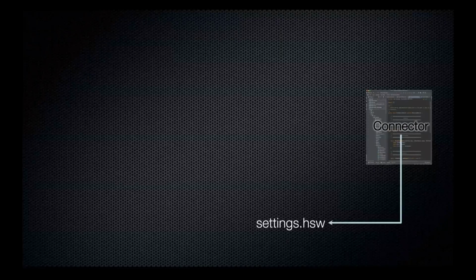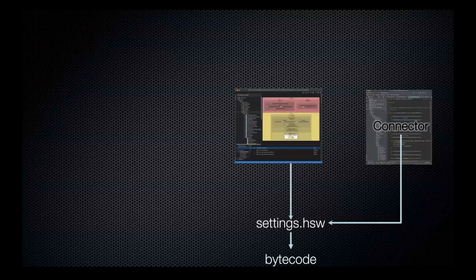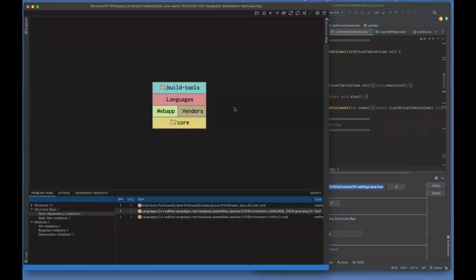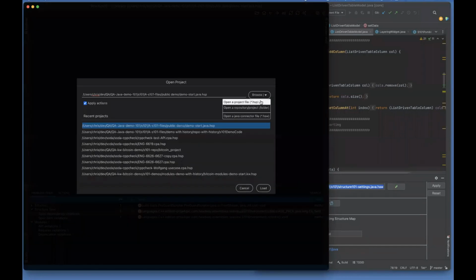So the HSW gets created, and the HSW points, as I said, to the bytecode and other things. It extracts a lot of useful information from the IDE. And Workspace can be used to point directly to a HSW. And again, if I go back to a Workspace here, when you open a file, you can see this, right? You've got this option to point to a HSP, or actually a repository file, I'll come back to that, or